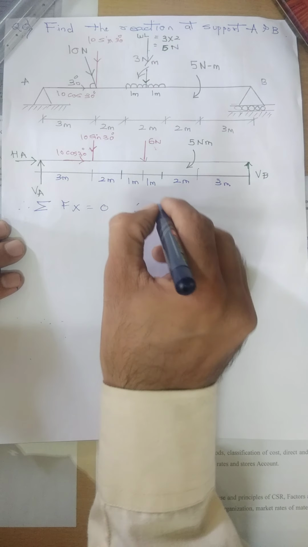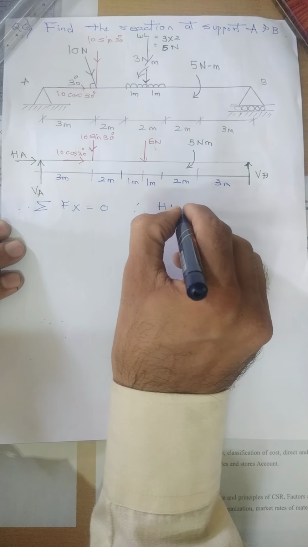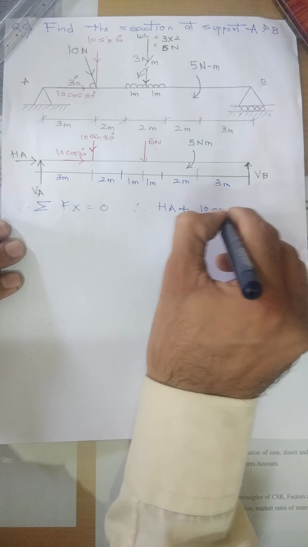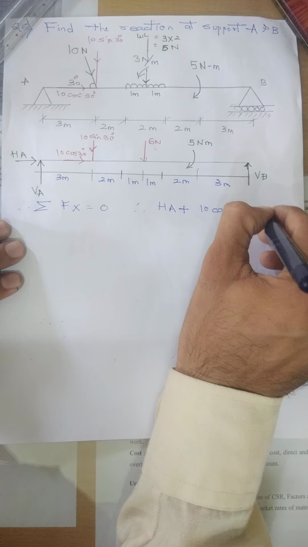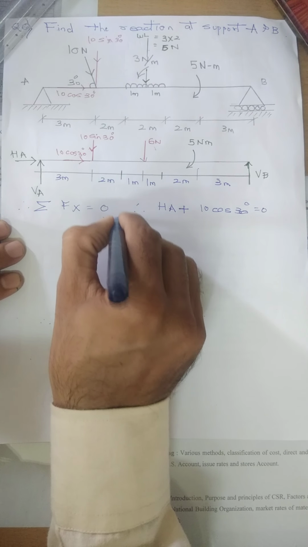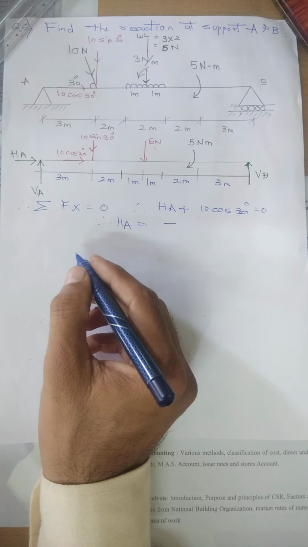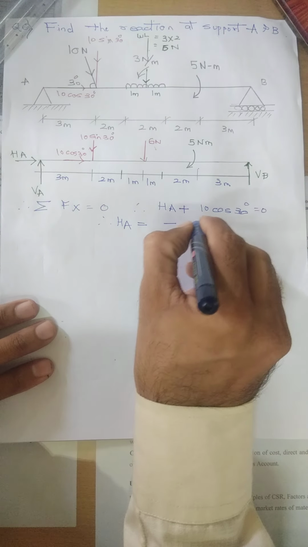Therefore HA, the right side force, plus 10 cos of 30 degrees equals 0. Therefore HA is negative, right side is negative. The value of this 10 cos 30 comes to be minus 8